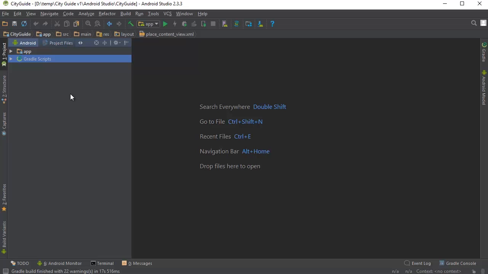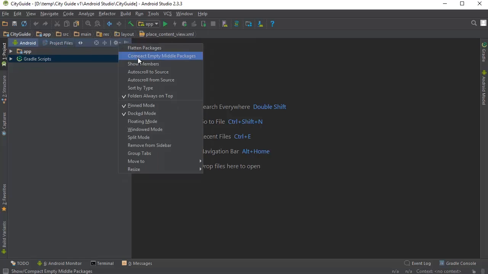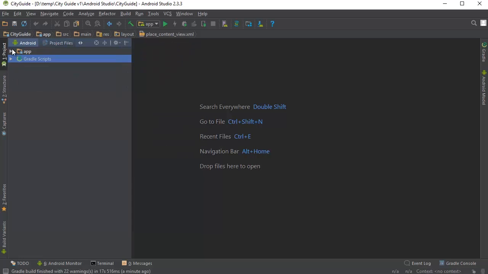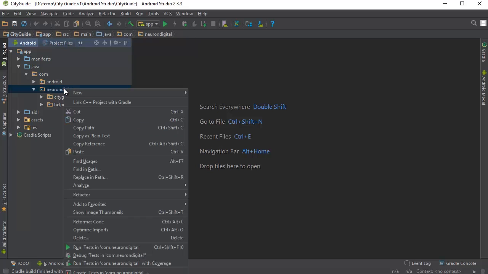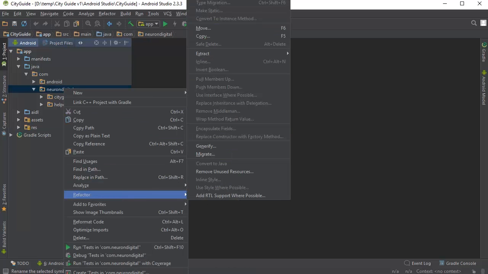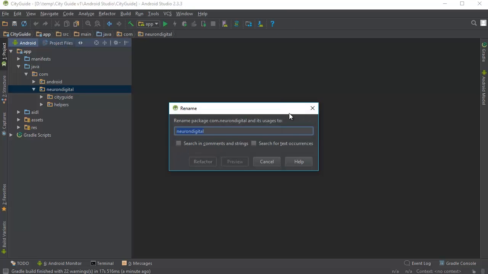The first thing you should do when the app opens is to click on this little gear icon here and make sure to have compact empty middle packages unhighlighted, like so. Open up app, Java, Neuron Digital, and we're going to rename the package ID. So right click on Neuron Digital, refactor, rename, and put in your company name or your domain name in here